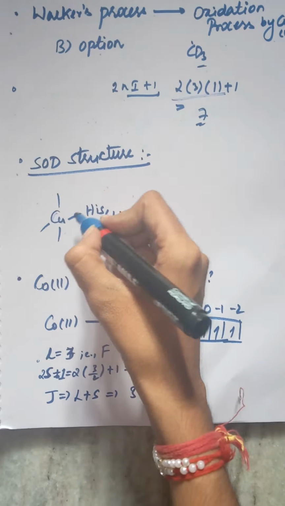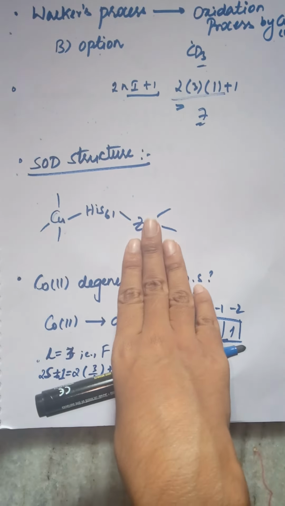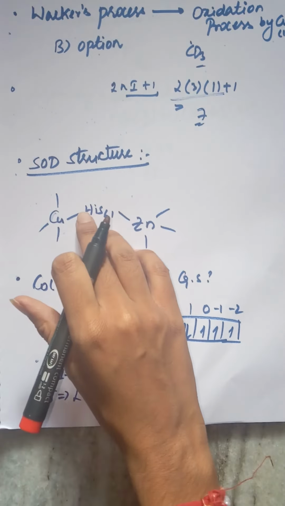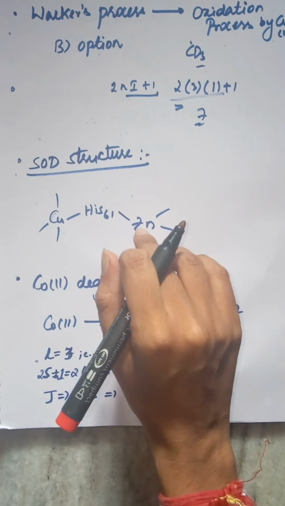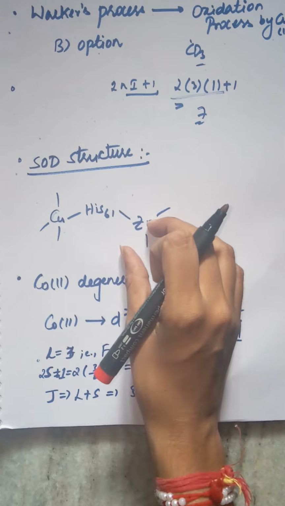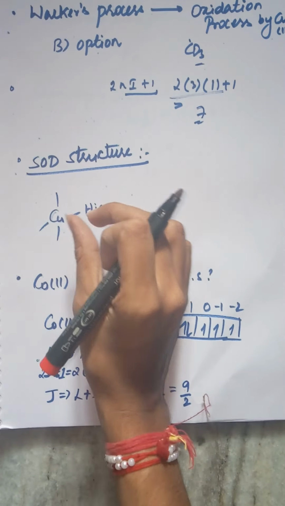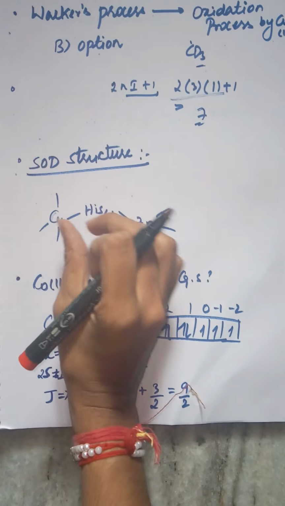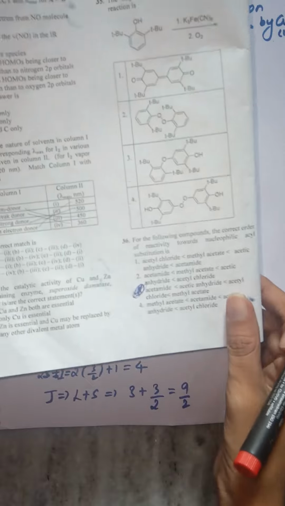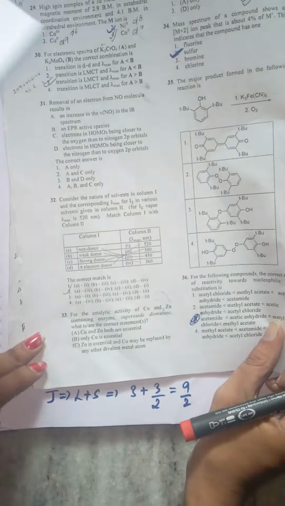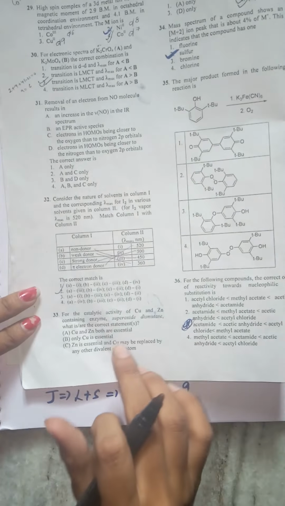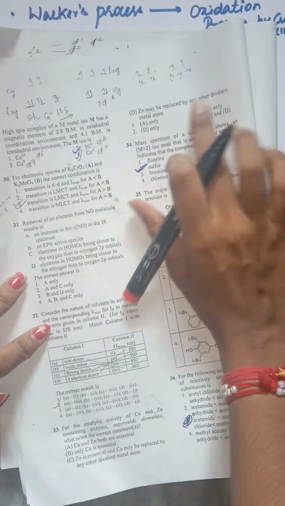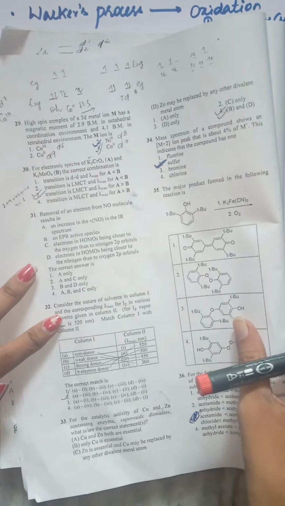Copper is the main mineral. Zinc is like an additional thing present bridging with copper. I'm not saying that zinc is not required, but apart from zinc, any other metal can be present here which can enhance the activity of copper. It need not be zinc. So copper is the main element, and I think zinc can be replaced by any other metal, if I am not wrong. So the correct options should be B and D, that is, only copper is essential, and zinc may be replaced by any other divalent metal ion.